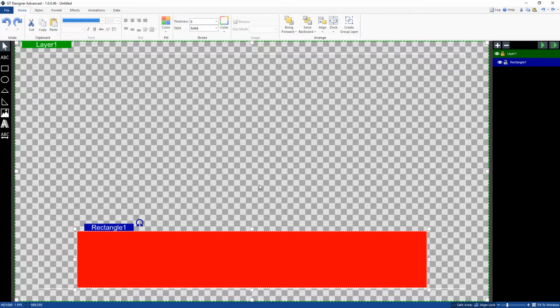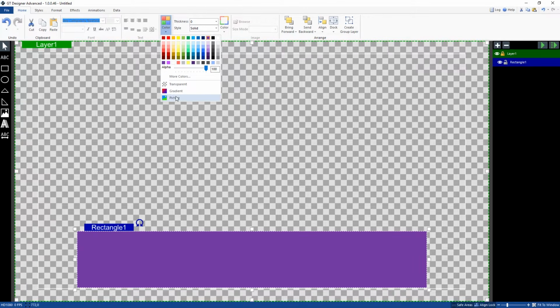Alright, so now I've got my basic rectangle. I don't really like a bright red rectangle, so let's just make some changes to it. Up the top here is where you can make changes to your elements that you've added to your title. So first of all, I'm going to change the fill. I can change the fill color to a nice bright purple. I can choose to change the alpha for that color of the rectangle, and I can also choose